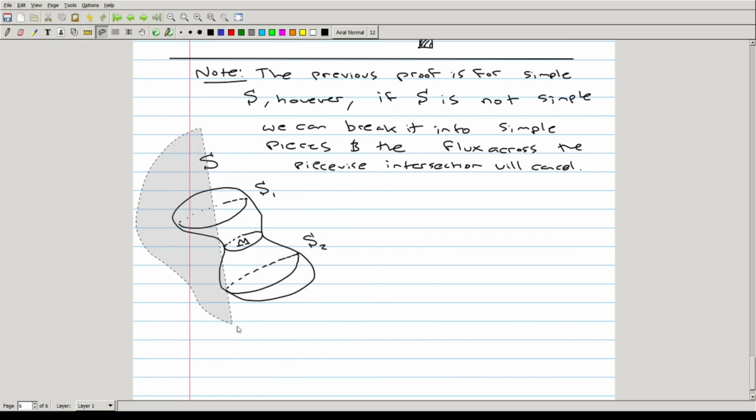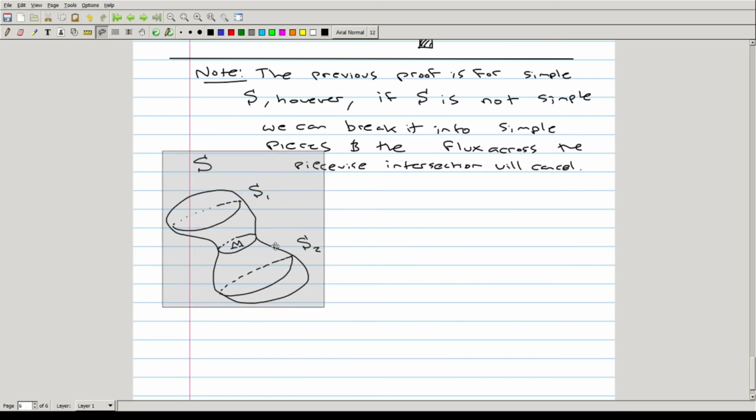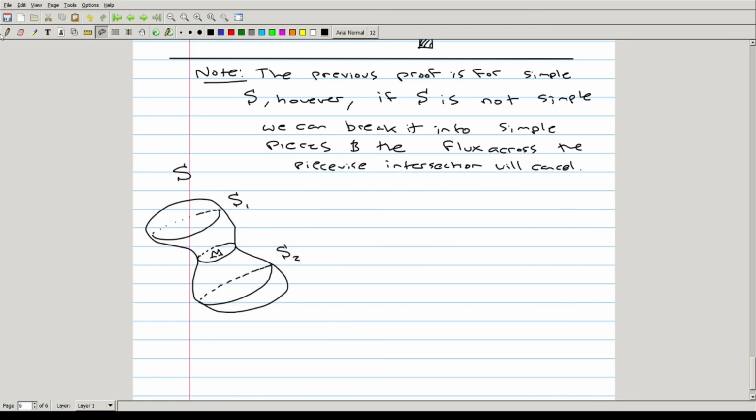And because S1 union M and S2 union M are both simple domains, our previous proof holds. So we have the surface integral over S1 union M of F dot dS